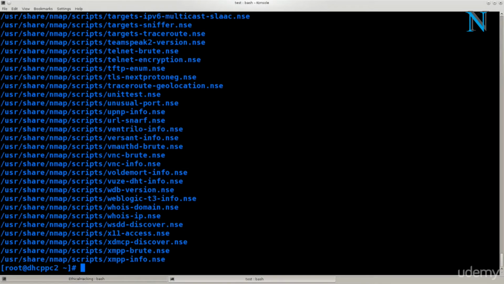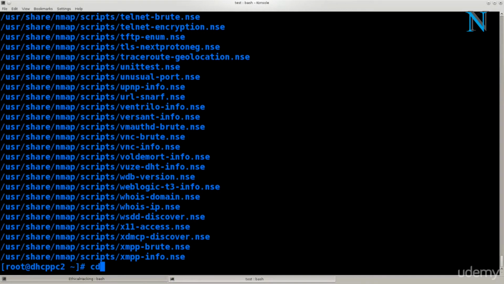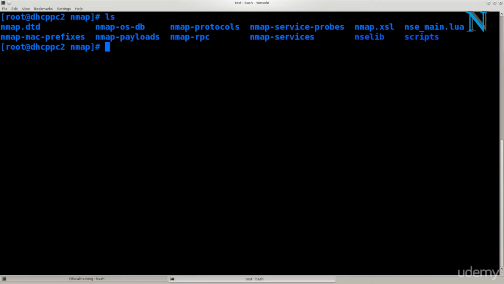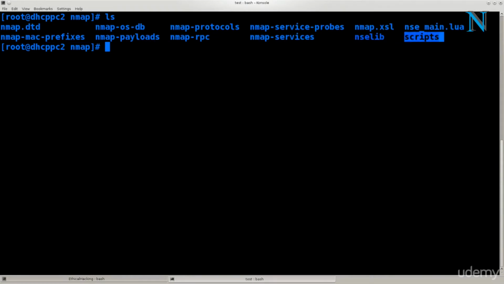What we have here is a path to where these scripts are located. I'm not going to use a full path. I'm going to zoom in a little bit first, and then go ahead and type in cd /usr/share/nmap, enter, clear, ls. Excellent. So we are here in this nmap folder, and we have scripts over here, but there's